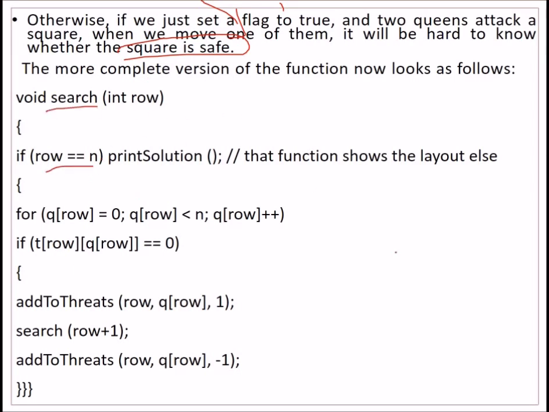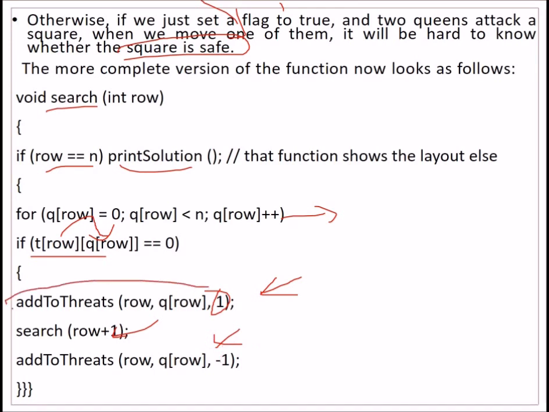So the more complete version is like this: search. If row equals n, which means we reach the last row, we print the solution. Otherwise, we go from the first row to the nth row, and at each row, if the threatened value and Q of the row are both equal to 0, we add it to threat and change the value to 1. Then again we go to the second row and give it a value of -1.